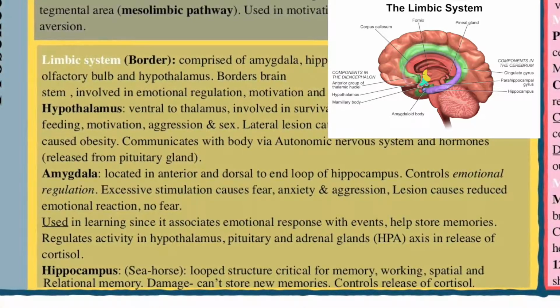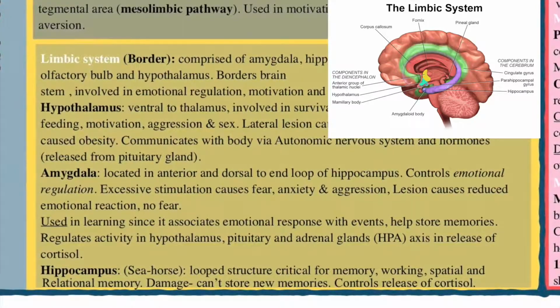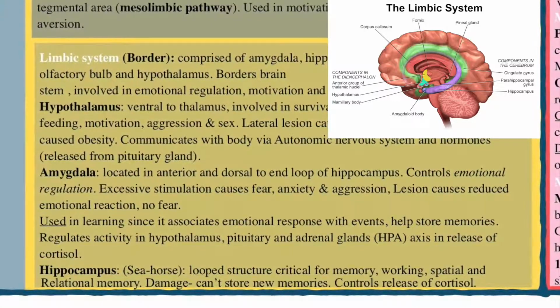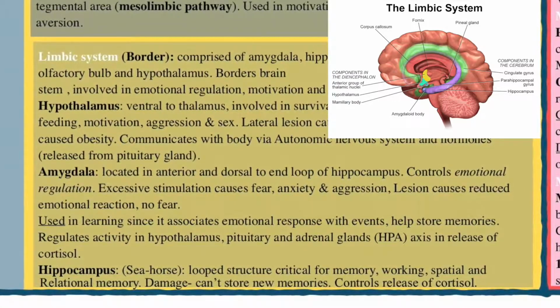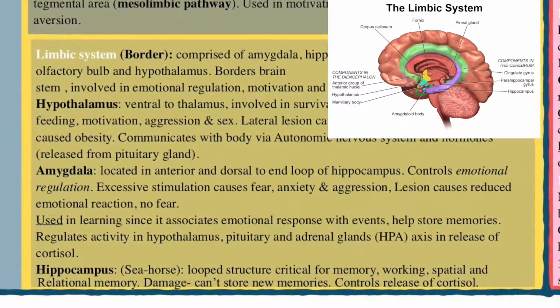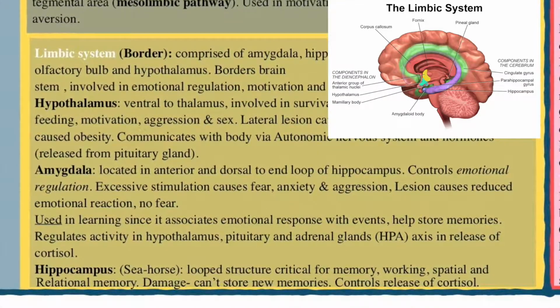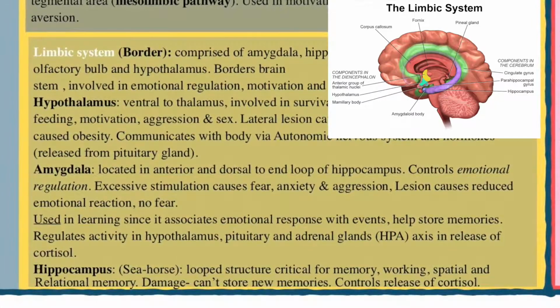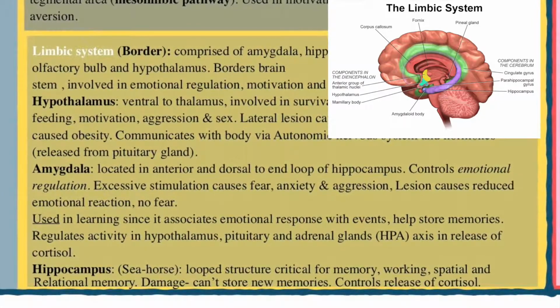The amygdala controls emotional regulation, and excessive stimulation causes fear, anxiety, and aggression. A lesion causes reduced emotional reaction, and thus no fear. The amygdala is used in learning, since it associates emotional responses with events, thus helping to store memories. It regulates activity in the hypothalamus, the pituitary and adrenal glands, that being the HPA axis, in order to